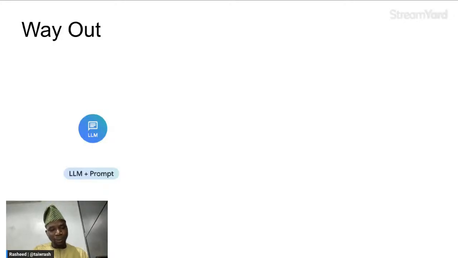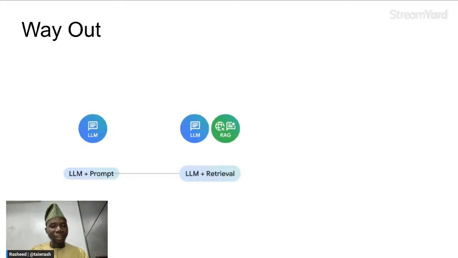But then there's a problem with prompt engineering. No matter how well you create your prompt, if your system does not have access to the data that you are requesting, definitely you will not have the right answer. If your system does not know the context of your question or what you are asking, it will be giving you a response that does not relate to that. And then people come with the idea of, what about if you think of RAG,